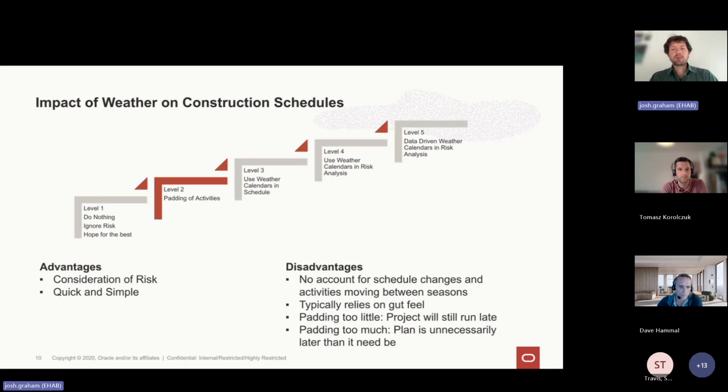But some of the critical disadvantages, and this is what I've seen time and time again, is that it relies on gut feel. You might say it makes sense to add an additional down day in winter for concrete, but you are plucking that out of thin air, perhaps, or just relying on past experience, which I hope some of the graphs from earlier demonstrate is probably not a good idea anymore.